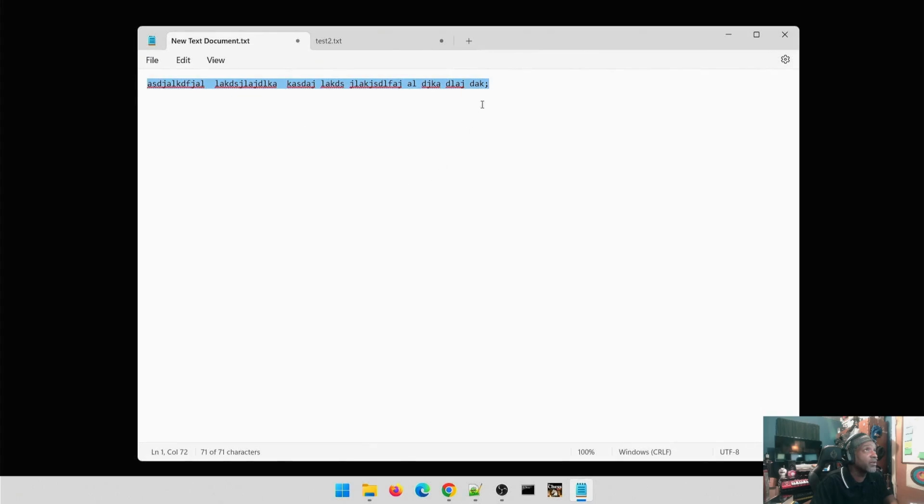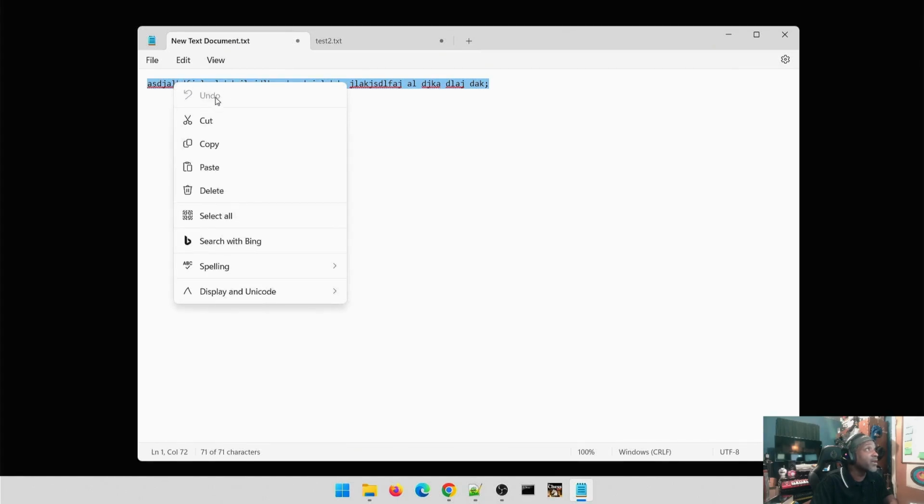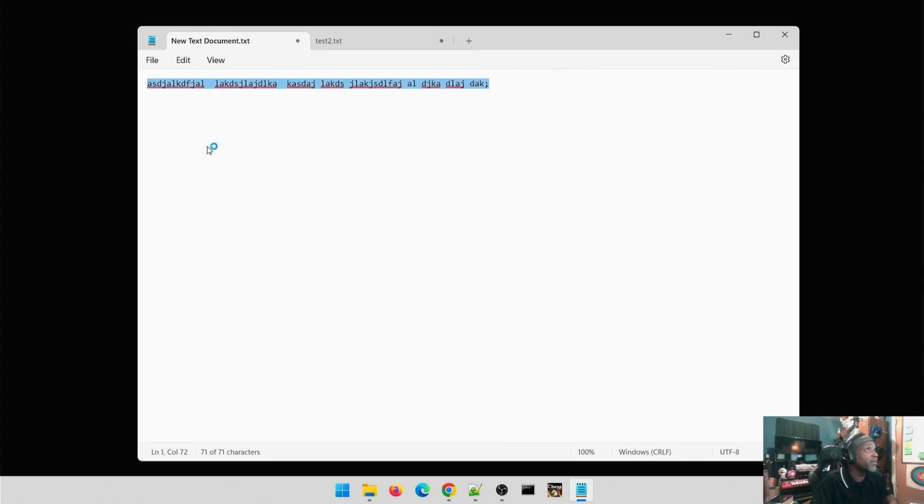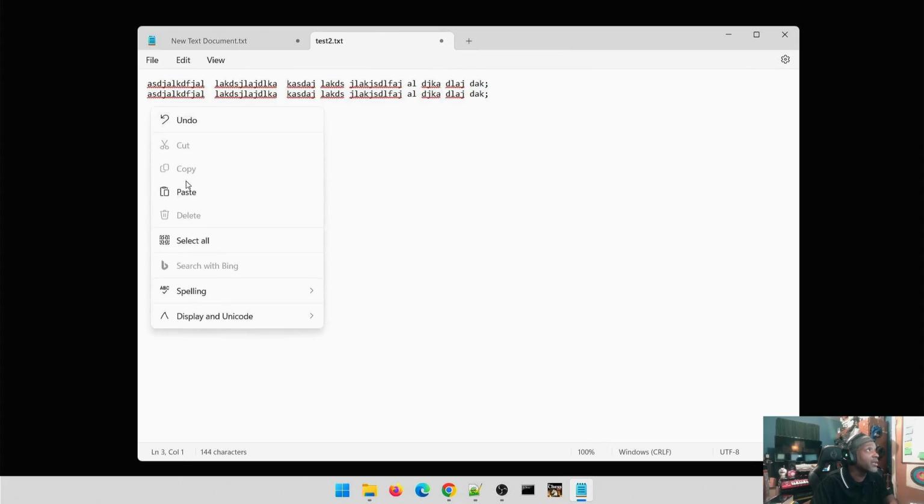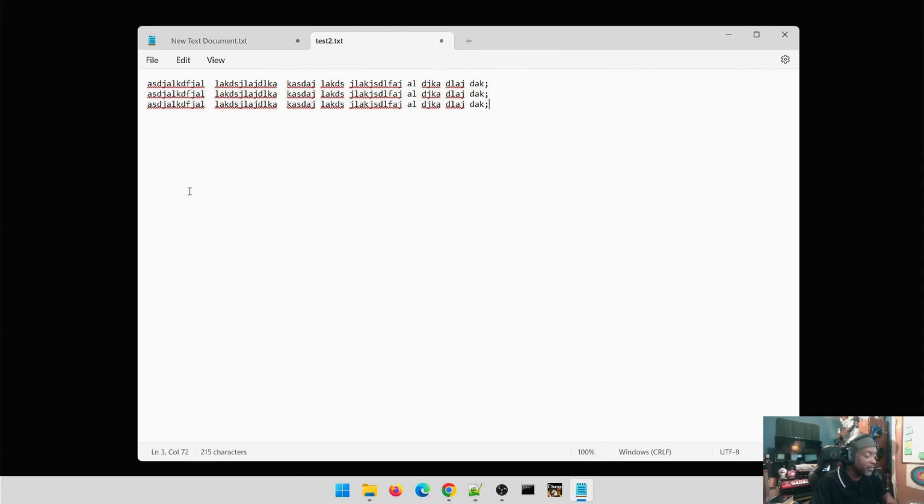So we go over here. Let's, with the mouse, left click, and then go across all of the file data that's in there. And now you've highlighted it. Right click, and you have the option to copy it. And what we're going to do is go back to the other file, and we're going to go down here, and we're going to right click again with the mouse and click paste. And you can keep hitting enter